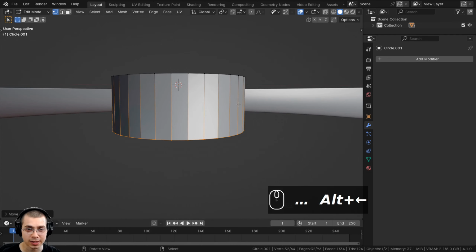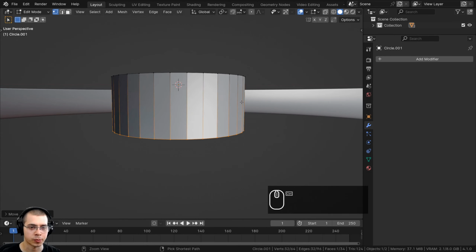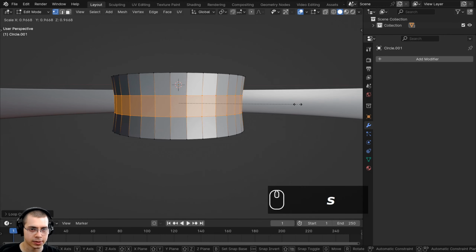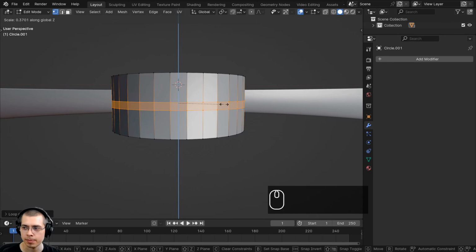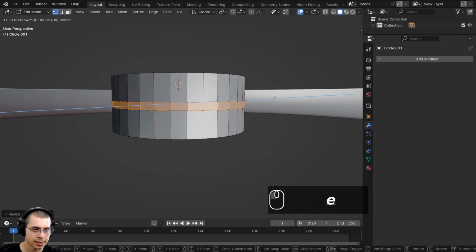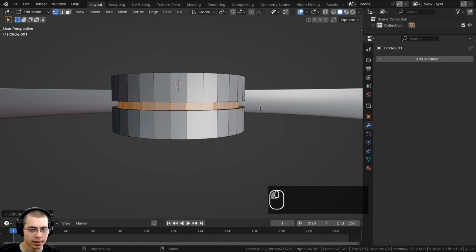And then I want to add a little inset in the center. So I'll press Ctrl R to add a loop cut, and I will scroll my mouse wheel so there are two, and then I can left click and right click so they stay in the center. And then I can scale them, and I'll scale them down on the Z axis and make it much more thin. And then I'll hit E to extrude, and then I want to scale it, but then I don't want to scale it on the Z axis. So I will hit Shift Z. So Shift Z will exclude the Z axis, and I'll just scale that to about there,